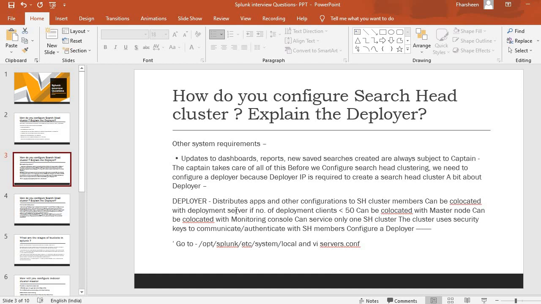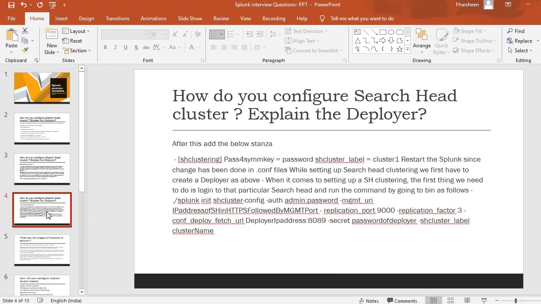When it comes to the search head members configuration or deployer, you need to go to the opt folder, splunk, etc, system, local, and edit server.conf with vi. Server.conf is where you will have all the indexes. You also need to set the pass4SymmKey, and restart the system because you made changes in the configuration files.